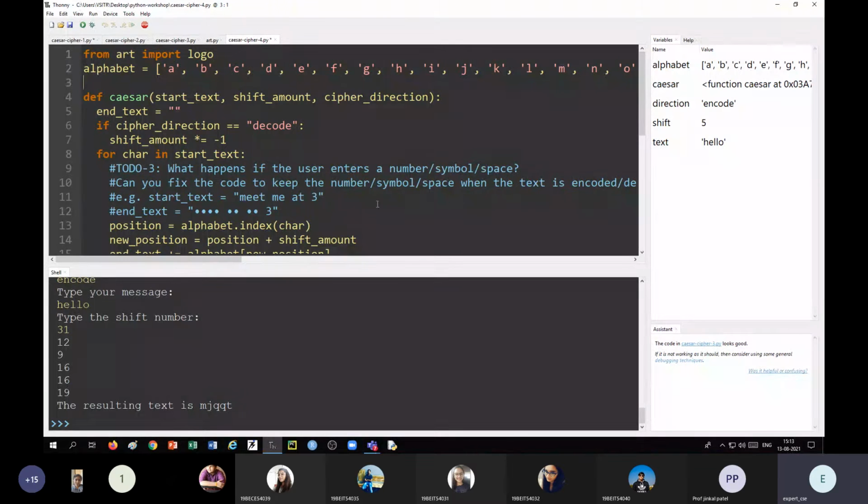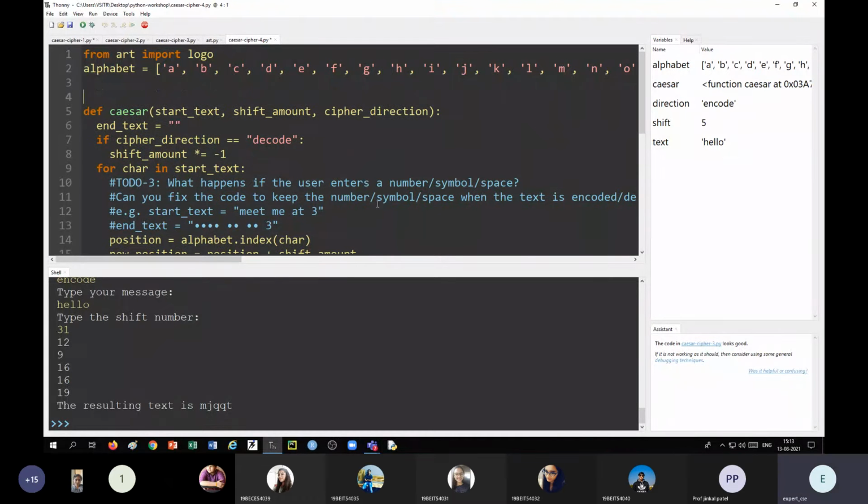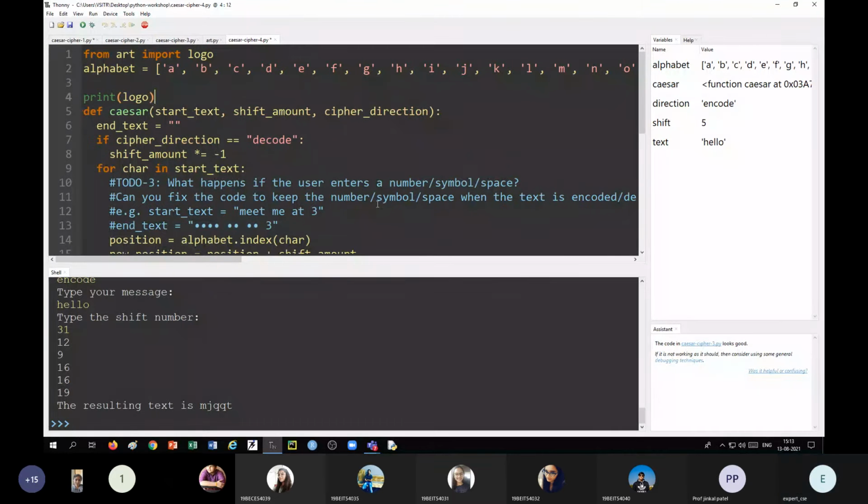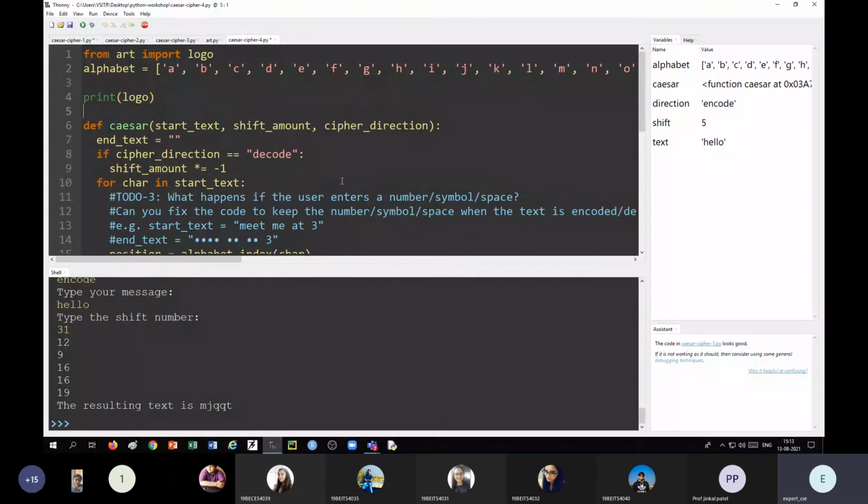Okay, I will print this. Print logo. So before our input, logo will be printed for a better experience.